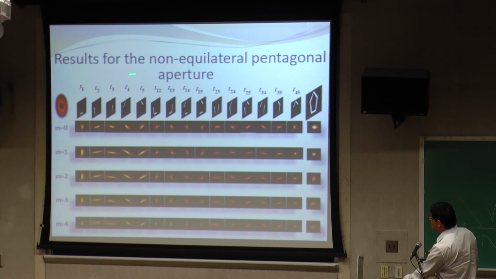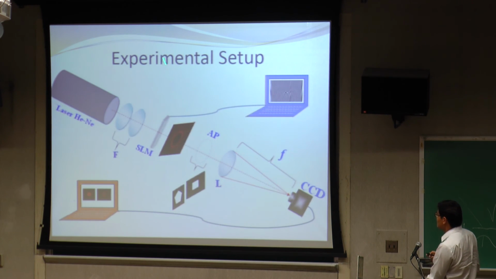And the general results for N1, N2, N3, N4 are obtained. It is possible to implement this in an experimental setup, using basically the collimator and an LCM